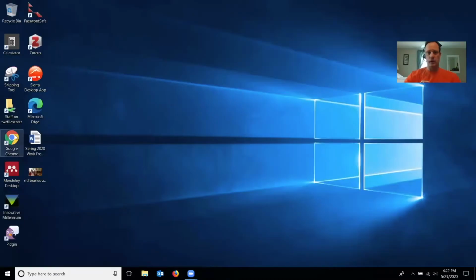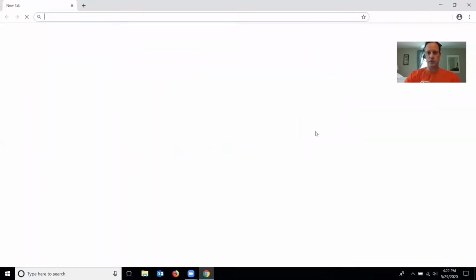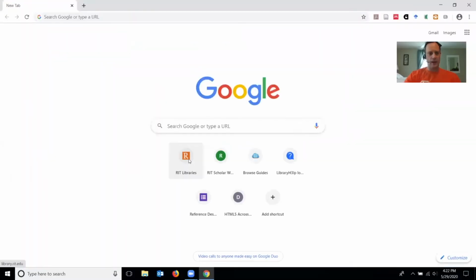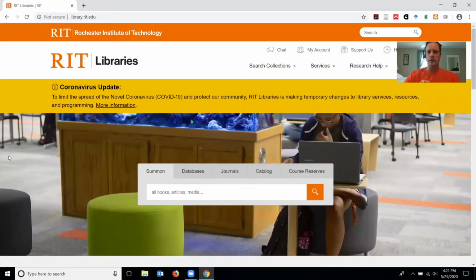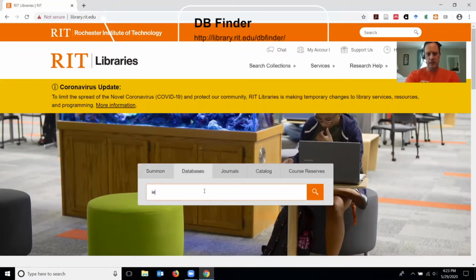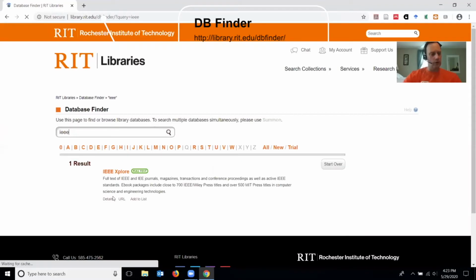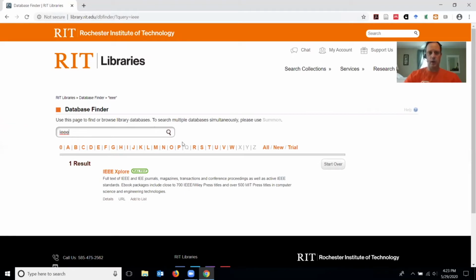Let me restart a session so that I can clear that out. You can also do this going directly from a library database. So you can change the search from Summon to databases. I'll go to the IEEE Xplore database. Now, click the link from this results page. This is going through our database finder tool. It's another subset of the library website, and the links will be routed through that